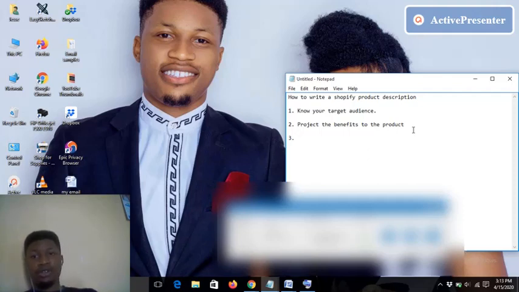Nobody wants to die young. Now you say the standard cigarettes could reduce your lifespan by a total of 5 years, but our cigarettes could add over so and so years to your life, something like that. Now, your ability to carry your benefits and relate it to your target audience makes your products more marketable and more sellable. Okay, so the third point we'll be talking about here is you have to be able to provide